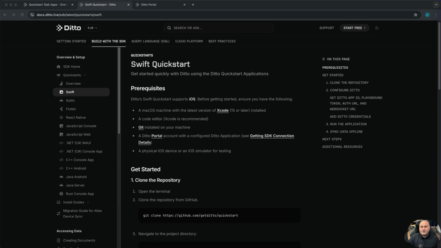In today's video, I'll walk you through our Quickstart demo app for Swift using SwiftUI. I'll show you how to pull the code, set it up, and run the app so you can see Ditto's